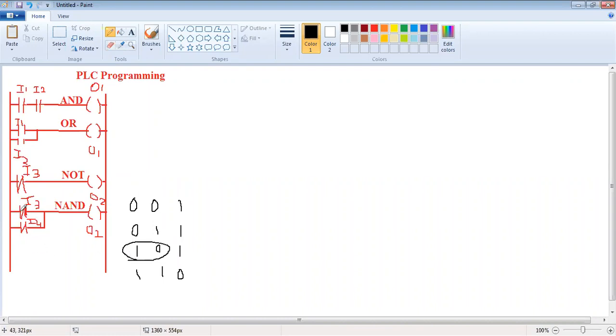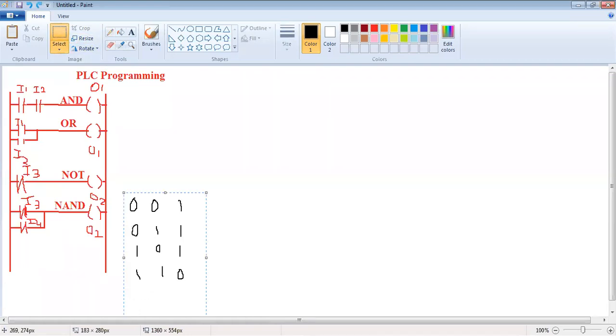When 1, 0 is applied, I3 will get open. Right, NC becomes NO, but current will go through I4. Output is on. When 1, 1 is applied, both switches will get open, current will not flow, so output is off.